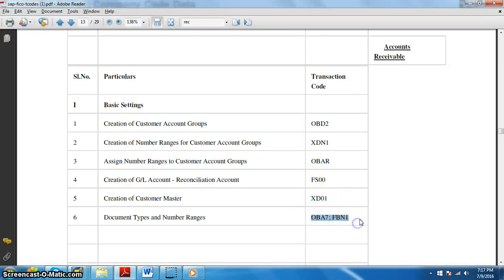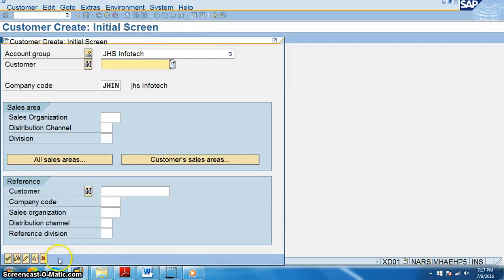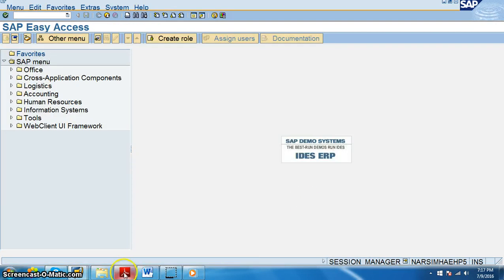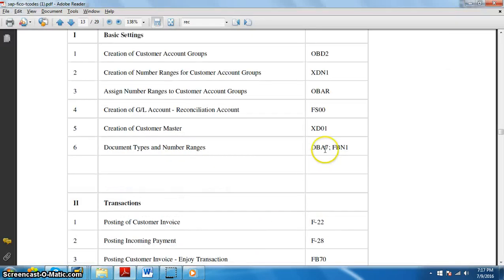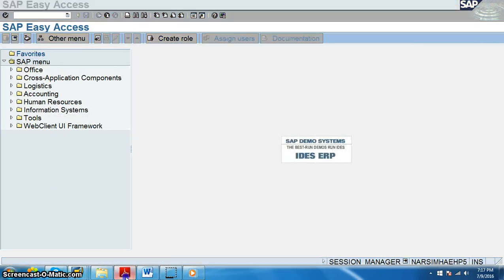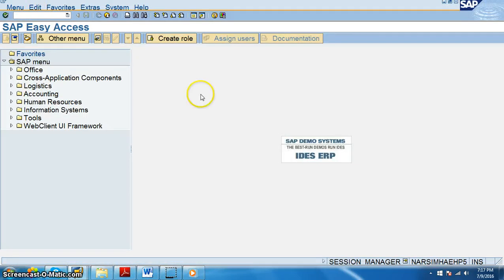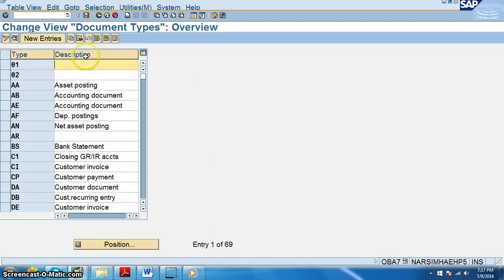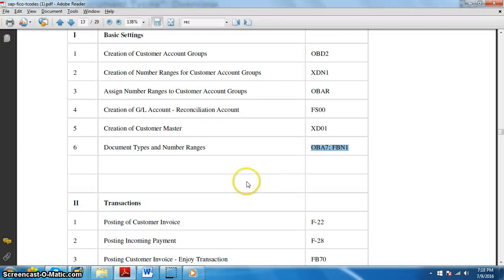X301, OBE7 and FDN1, we have to create document type and number. So we need to create the document types and number here.